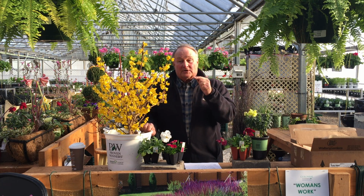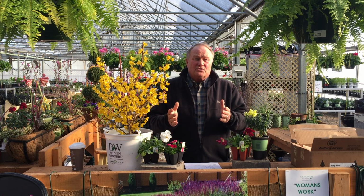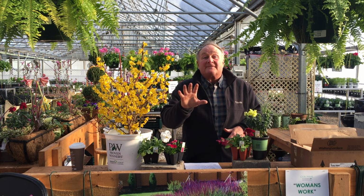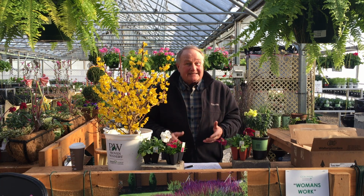The second thing people look at when the forsythia are blooming, it's a great time to be planting many of the things that you seem to maybe have been waiting to plant. And we have a few of those things this morning because we're still not sure about the frost date. Some plants that you put out,